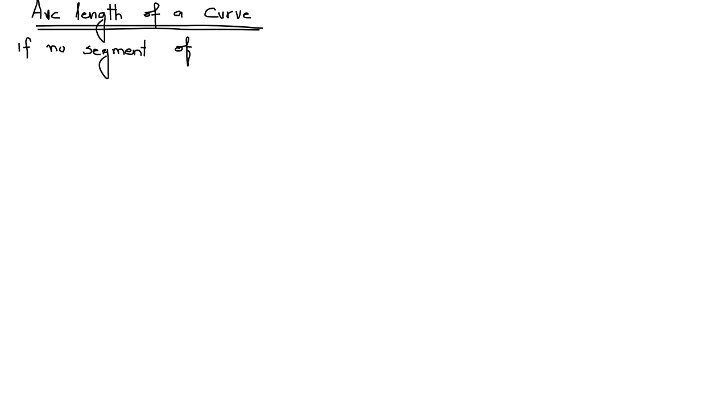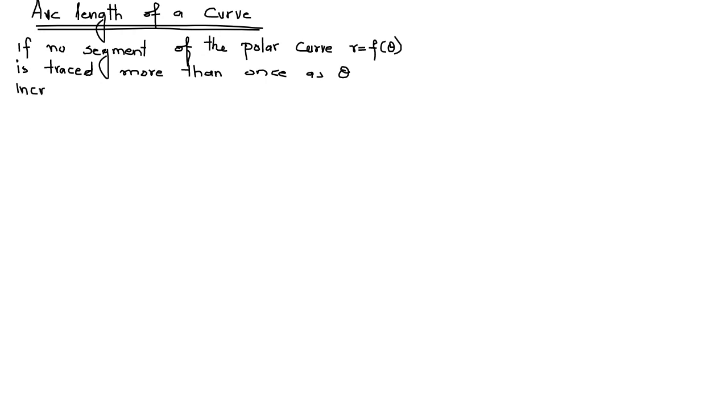a polar curve r is equal to f of theta is traced more than once as theta increases from alpha to beta, and if dr by d theta is a continuous function, it must be continuous for theta in between alpha and beta, then the